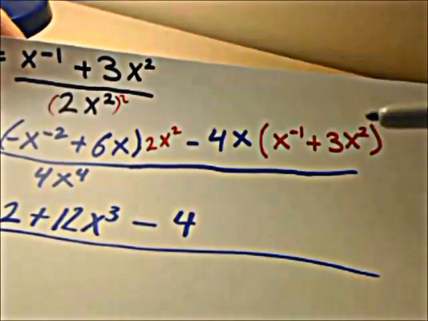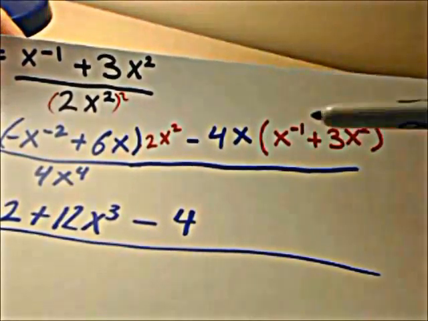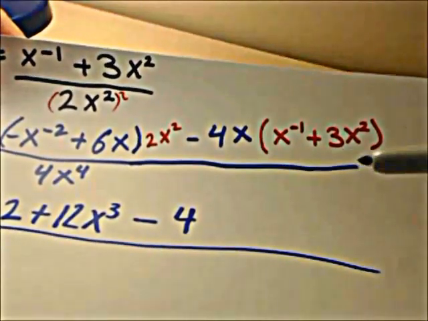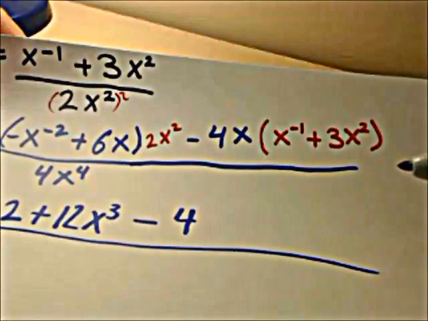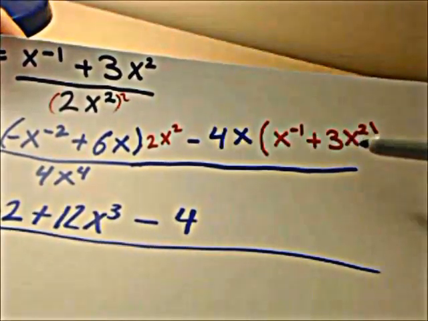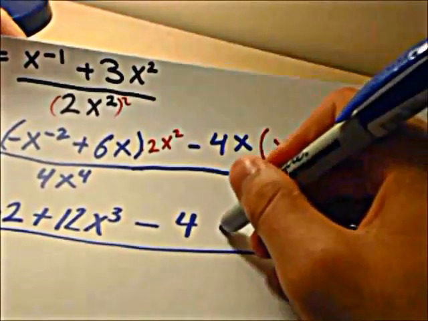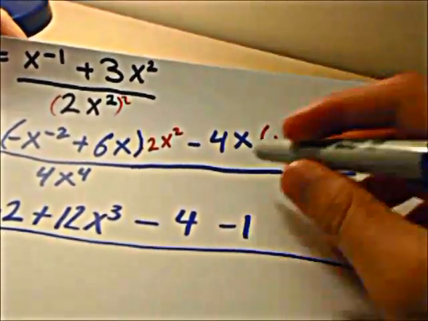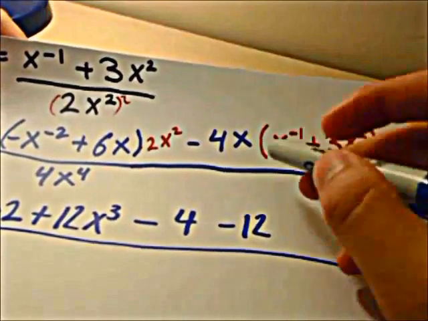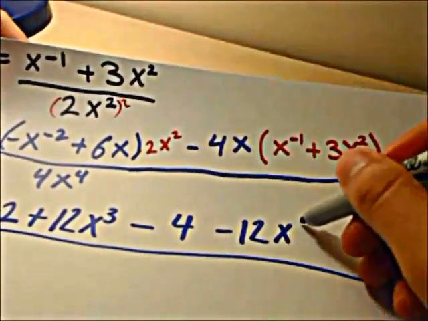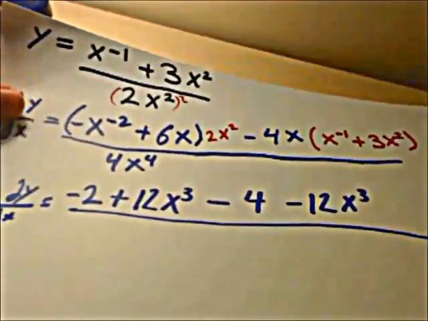That's really important, because if you get it wrong, it's definitely going to mess up the whole solution. So minus 4x times plus 3x, so minus 4 times 3 is minus 12, x times x to the power 2 is x cubed, and then